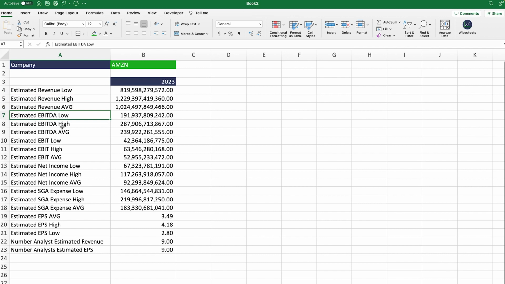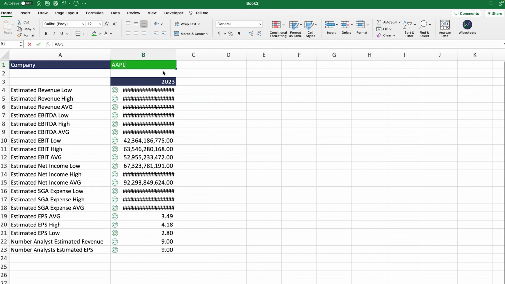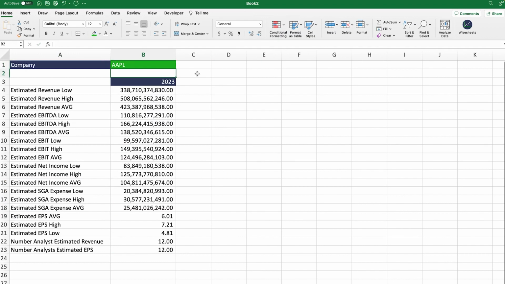We do the same for the EBITDA, for the EBIT, the net income, and all the different categories that you see right here. So in this way, you can just change the company ticker, or you can just keep adding more companies. But let's say now I want to analyze Apple. I simply change the ticker. Now the data updates, and I can compare this information with my own projections and my own valuation just as a sanity check. The one thing to keep in mind is that right now we have limited data coverage for this data. So right now we only have 2023, but then we're going to have 2024, 2025, and a lot more years moving forward.